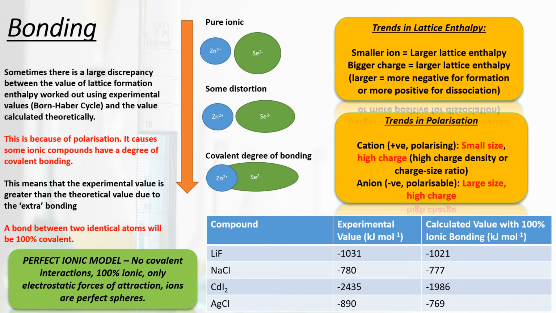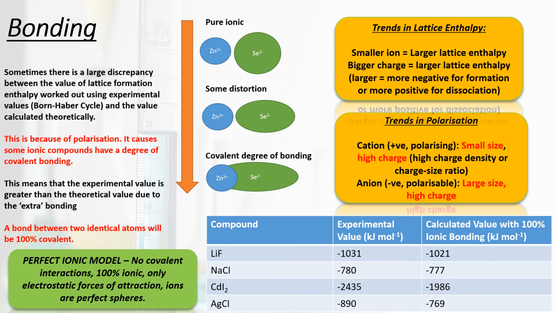And we can see some similarities and differences here between the trends in lattice enthalpy. So remember that for a smaller ion, we said it was a larger lattice enthalpy. What we really mean is that if it's a lattice enthalpy of formation, it's a bigger negative number. If it's a lattice enthalpy of dissociation, it's a bigger positive number. And also, the bigger the charge, the larger that lattice enthalpy is. And if we're talking about formation, more negative in that case. And so we can see some examples down at the bottom here, where we've compared these ionic compounds,